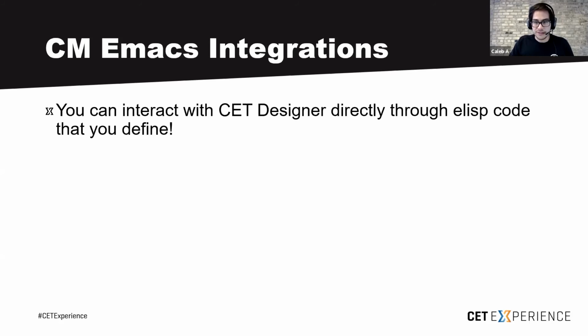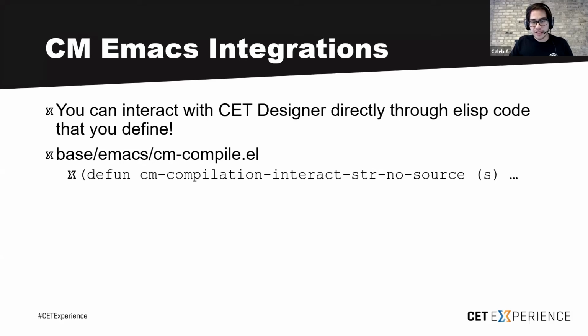Did you know that you can interact with CET Designer directly through Emacs code that you write? For those of you that do know, I'd really love to hear how you're using this, but for those that don't, I'll step through real quick on how. Within the cmcompile.el file in base Emacs, there is a section header titled interact that has the function CM compilation interact stir no source. What this function does, it takes in a string S that is CM code and runs